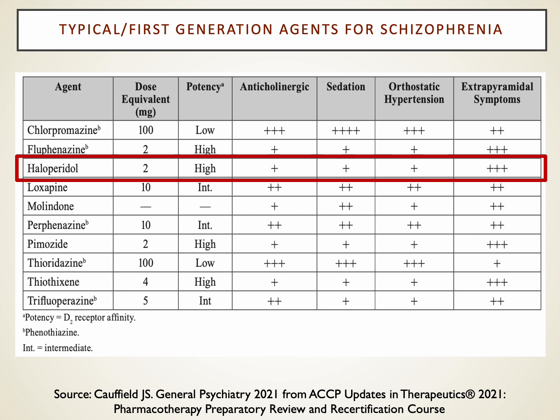Chlorpromazine at the top of the list has a relatively low risk for movement disorders called extrapyramidal side effects, which we'll review in a minute, but is pretty dramatic in its ability to cause both sedation and lower blood pressure. And it's also fairly antimuscarinic. Haldol, or haloperidol, on the other hand, is a high-potency agent which, while it doesn't have a lot of anticholinergic, sedating or blood pressure changes, does have a fairly high extrapyramidal side effect profile, which causes these movement disorders that we'll describe in just a minute.